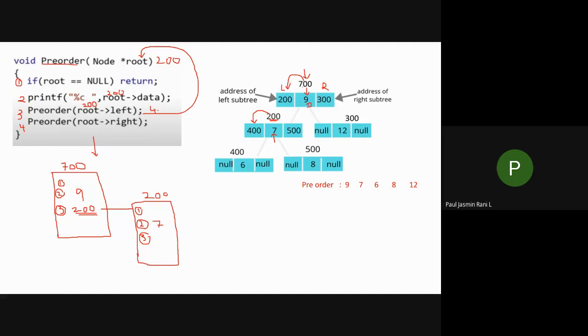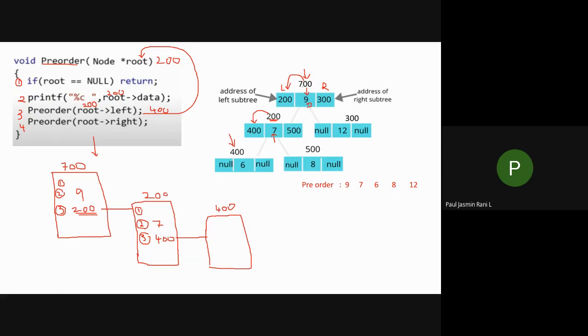It means that I am going to call this function again. So from here, I am going to pass your 400. Again, I am going to call this function once again. I hope you follow this one. Now what is your current root value? Current root value is 400. And remember this, I am in this position now. So now I am here.